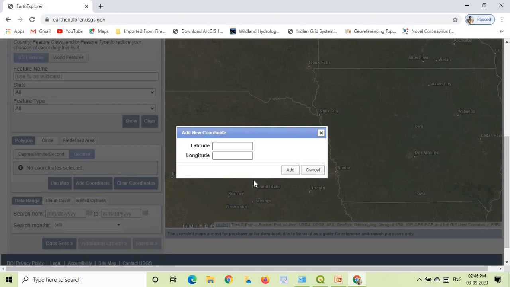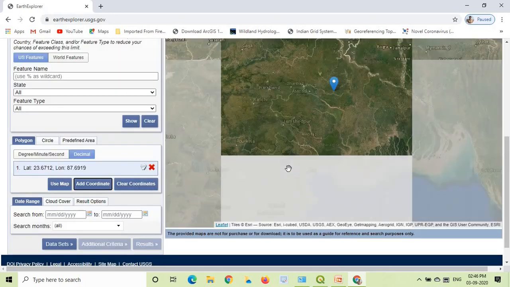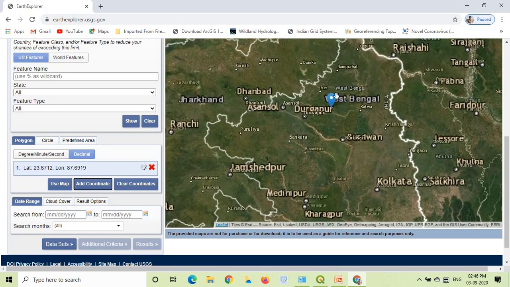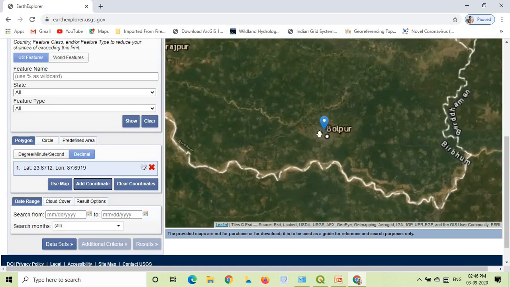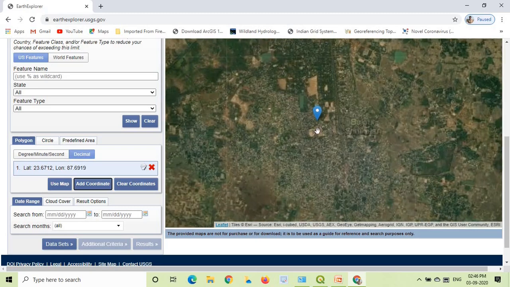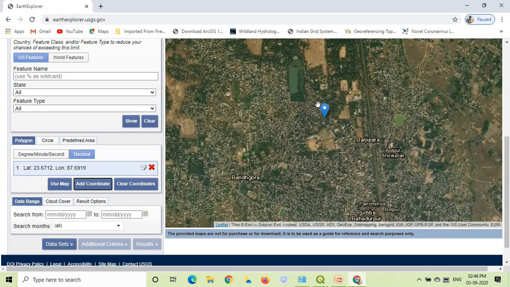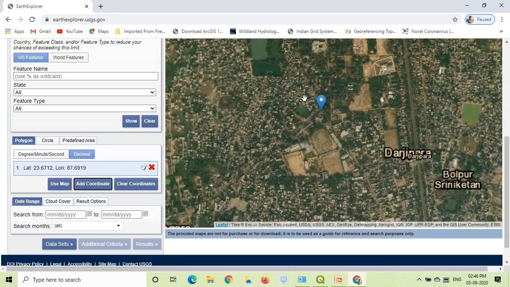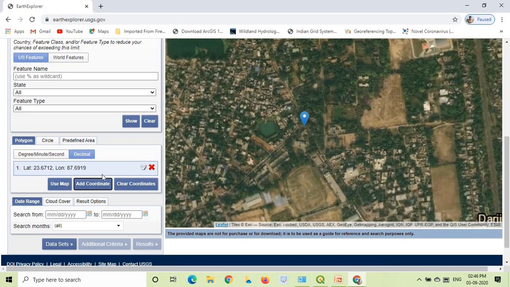I will enter the coordinate of Bolpur. Click on add, and you can see that the place mark is over Bolpur. So I need an image that covers Bolpur Shantiniketan area.